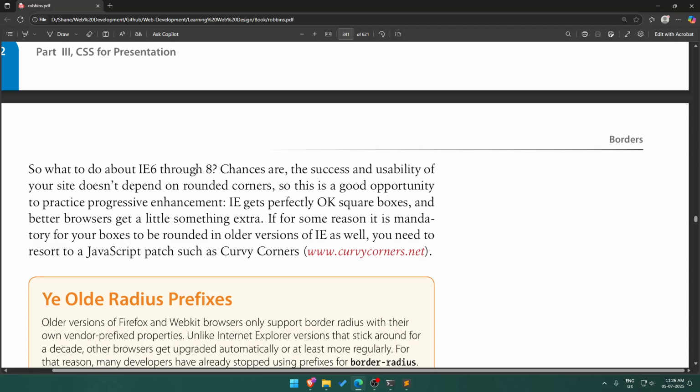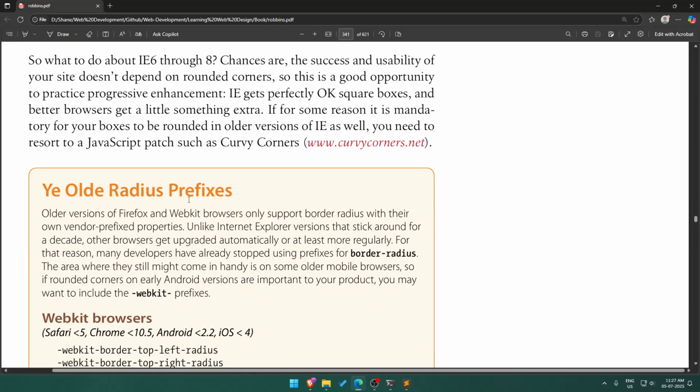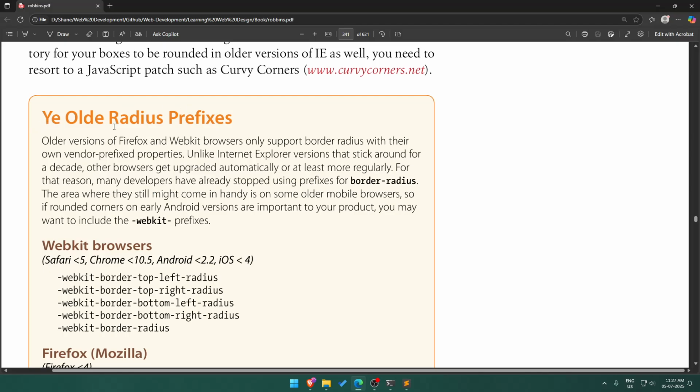So what to do about IE 6 through 8? Chances are the success and usability of your site doesn't depend on rounded corners, so this is a good opportunity to practice progressive enhancement. It's perfectly okay for older browsers to see square boxes while better browsers get a little something extra. If for some reason it is mandatory for boxes to be rounded in older versions of IE as well, you need to